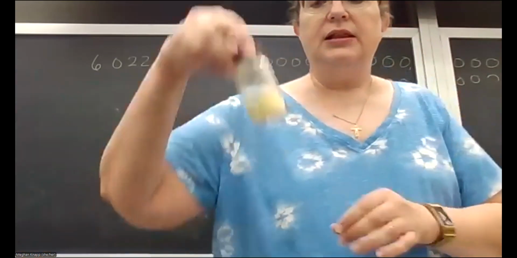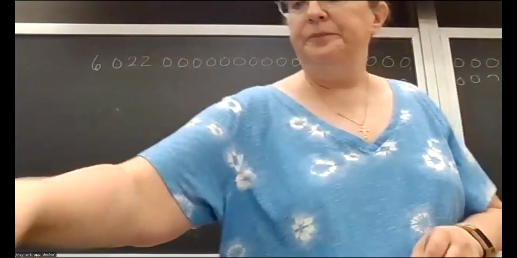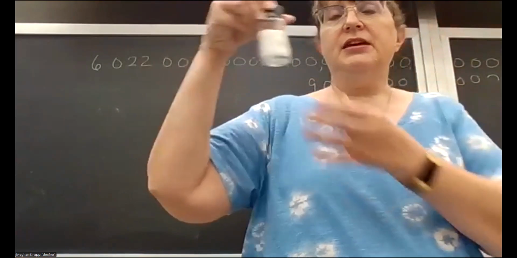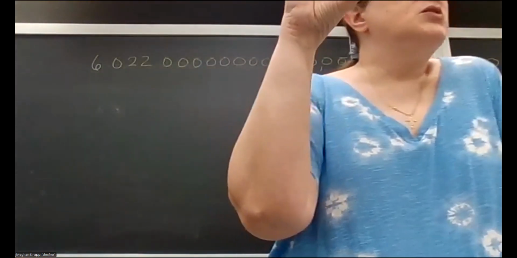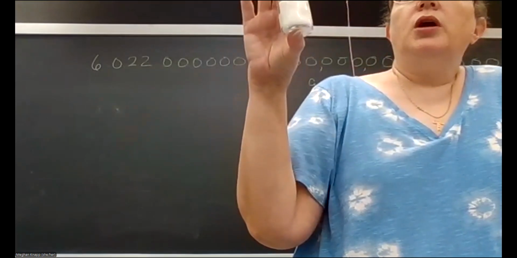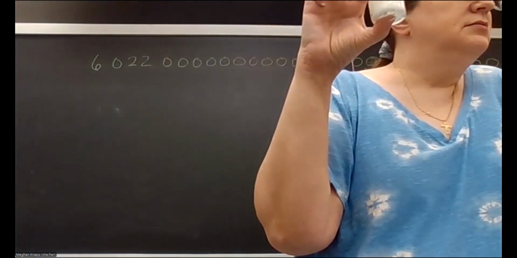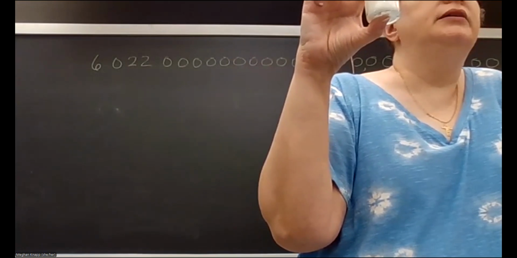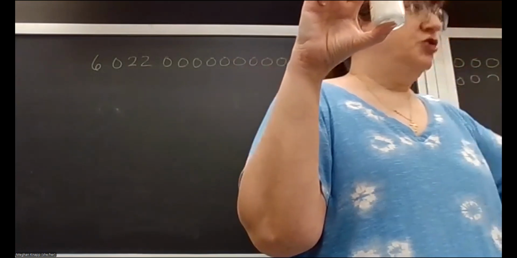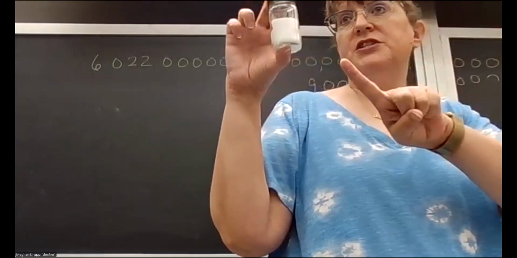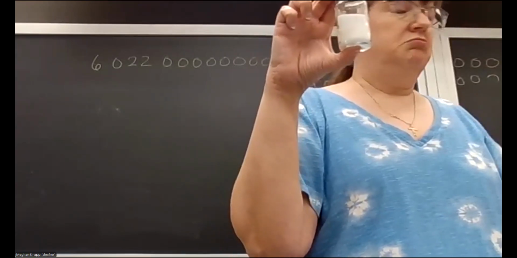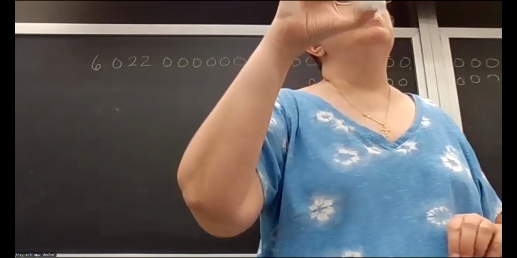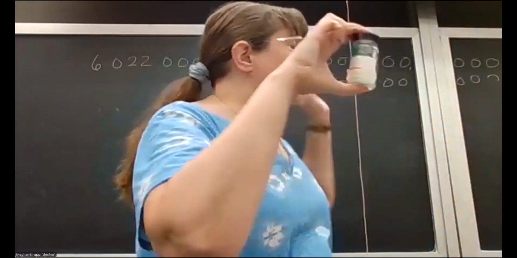So here's another element, sulfur. There's 1 mole of that. This is sodium chloride, salt. Now this has 2 moles of atoms. If this is 1 mole of sodium chloride, why are there 2 moles of atoms? It's sodium chloride. There's 2 different elements, right? So there's 1 mole of sodium and 1 mole of chlorine. Okay, so we have twice as many atoms in here, but it's 1 mole for this number of formula units